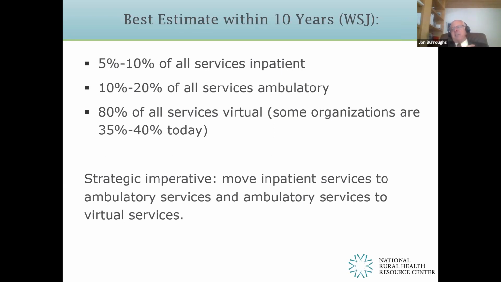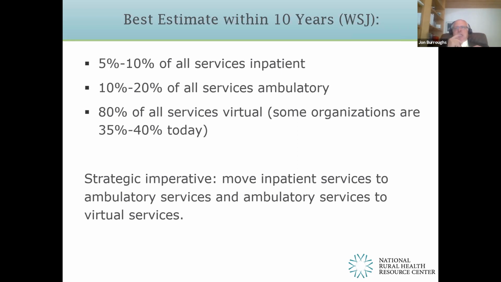Now, if somebody says, John, that's a gross exaggeration, we're never going to get up to 80%, I will tell you that Stanford University Healthcare Center in Palo Alto, California, is now up to 40% of their operating revenue being virtual revenue. And parenthetically, they did fine under COVID when they had to shut down a lot of their inpatient facilities because they ramped up their virtual revenue from 30% of total to 40% of total.